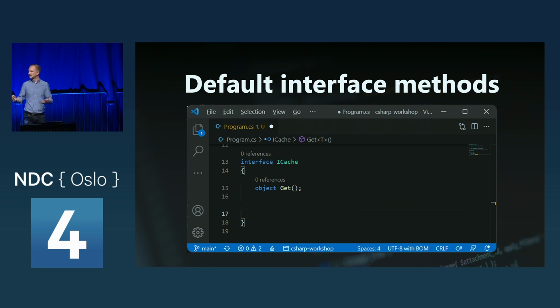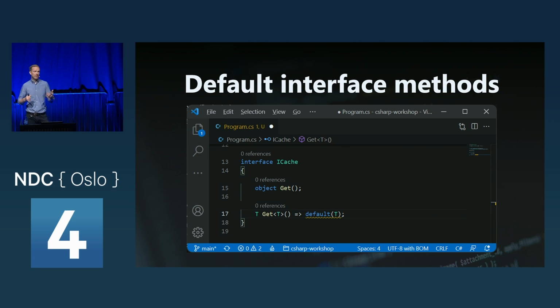I normally say that this is dividing developers into two groups. Some people love this feature. Actually, I haven't met anyone that loves it, so either you hate it or you just don't like it. So with this feature, look at this interface here. I've deployed this to all my users. I have 1 million users on GitHub that are using my interface, and all of a sudden I want to extend this with more methods. If I add a method to this interface, everyone that's using my package will then have to implement that new method, which is a little bit annoying, especially if you're a library developer. So what's the best way to fix this?